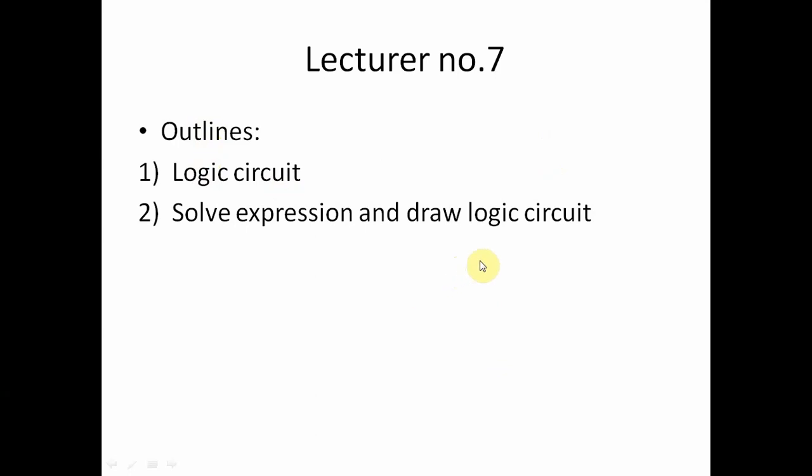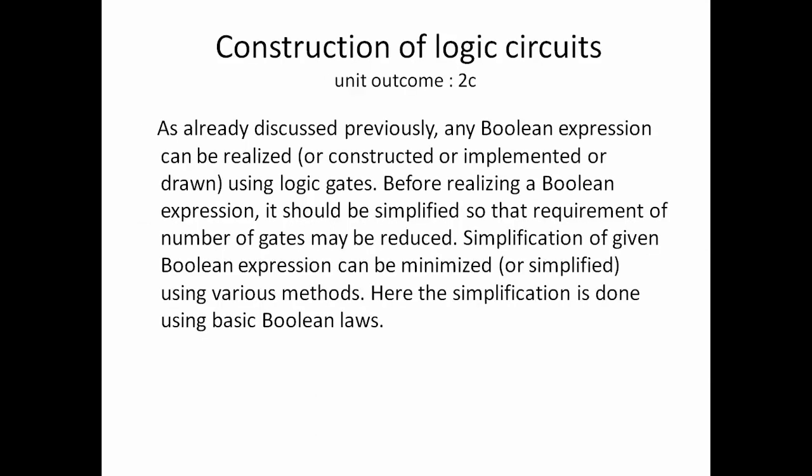We already studied that there are different types of laws such as Boolean laws, De Morgan's theorem, and the duality theorem, as well as different Boolean laws such as the commutative law and associative law. These laws are used to reduce the circuit. By reducing the circuit, fewer components are required. So after reducing the circuit, it is necessary to draw the logic circuit diagram of the given expression. So in this lecture we will study the construction of logic circuits.